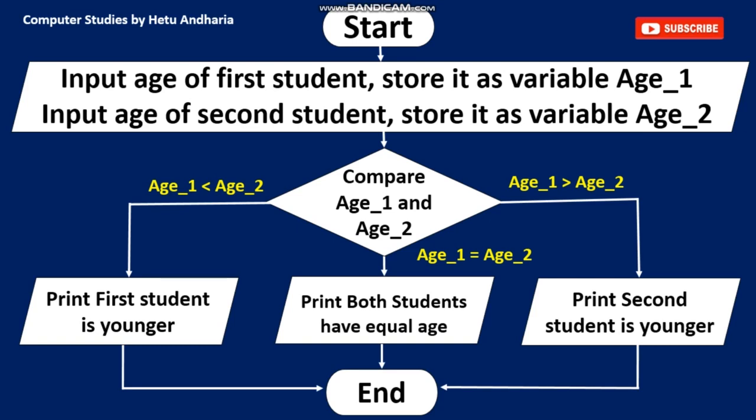Here you have to take the ages of 3 different students. Instead of 2 students, you have to take the ages of 3 different students. And from there you have to print whose age is lowest, or which student is younger or youngest, right?